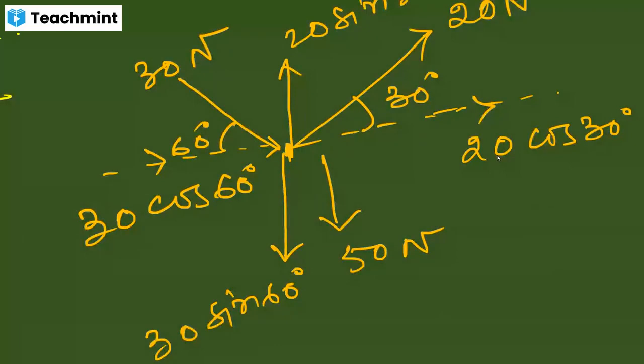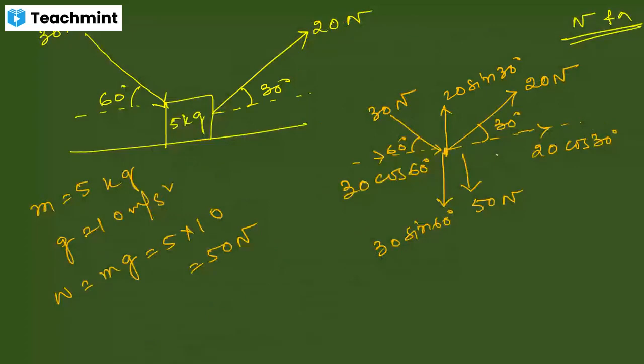One force is missing. After drawing the free body diagram, you have to tell me which force I have not drawn here. Normal reaction force. Very good. Normal reaction force is missing here. So obviously it is working in the vertically upward direction. So here I'm just writing N. So just complete the drawing fast. Here you don't have to write down the unit of the weight. You just write down 50, that much is okay.